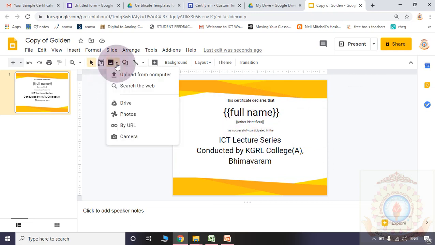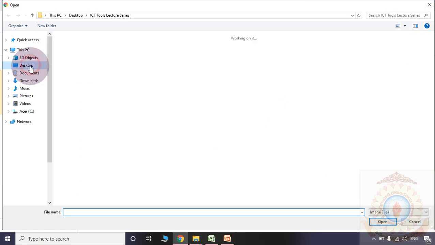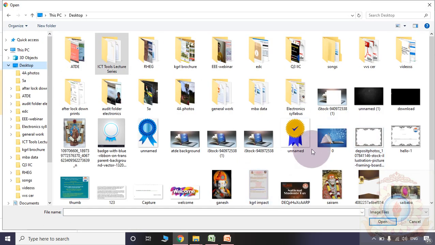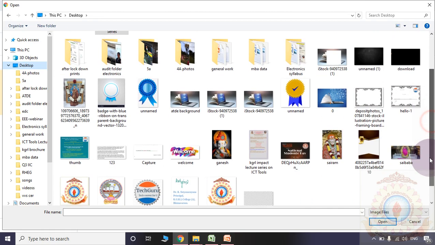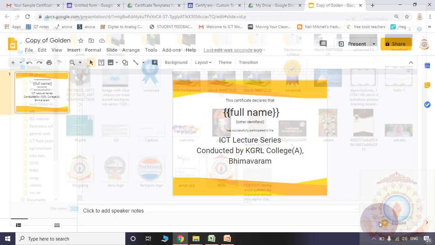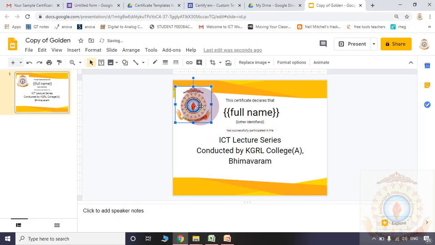So I want to include my logo. Upload from my computer. Please observe, the upload from my computer option is there. KGRL college logo. So I may include the college logo in this way.